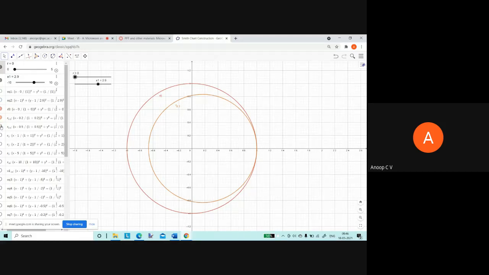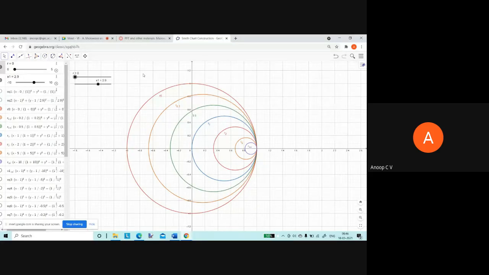When r equal to 0.5, I'm getting an even smaller circle. R equal to 1, this is a circle. R equal to 2, this is a circle. R equal to 5, right? R equal to 10. And what will happen if r is equal to infinity? So you can see what happens as r increases, the center, right? Initially for r equal to 0, the center was at the origin. But as r increases, the center is moving towards, what?